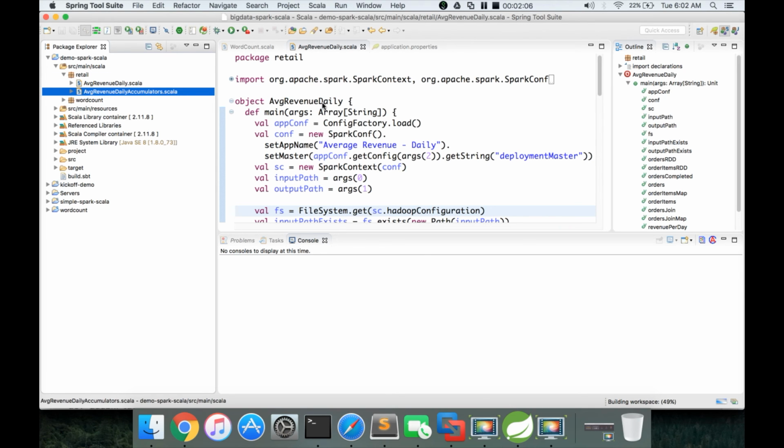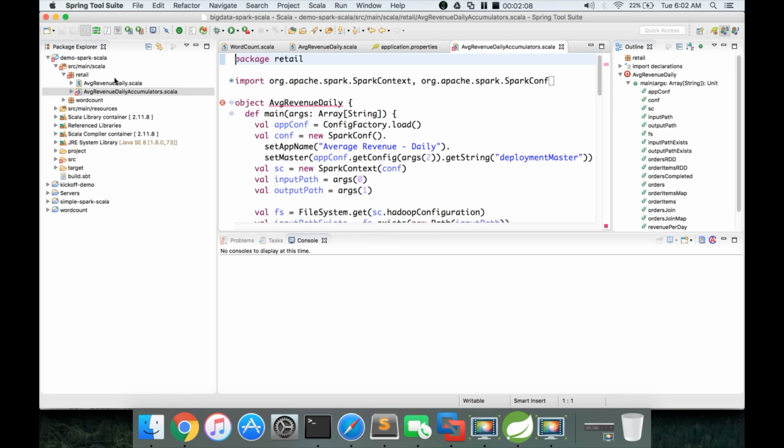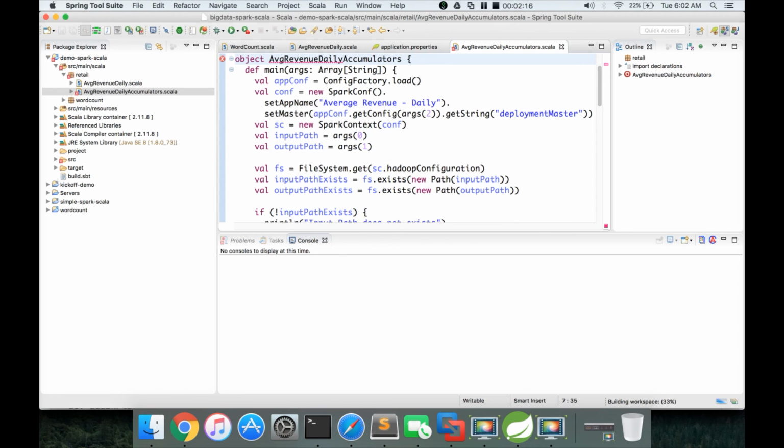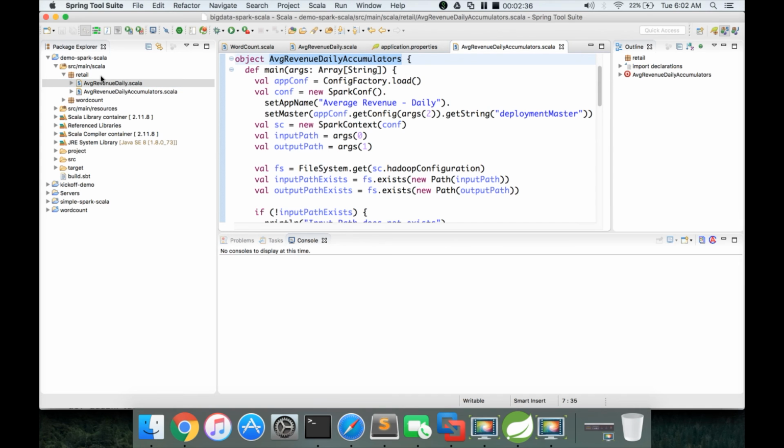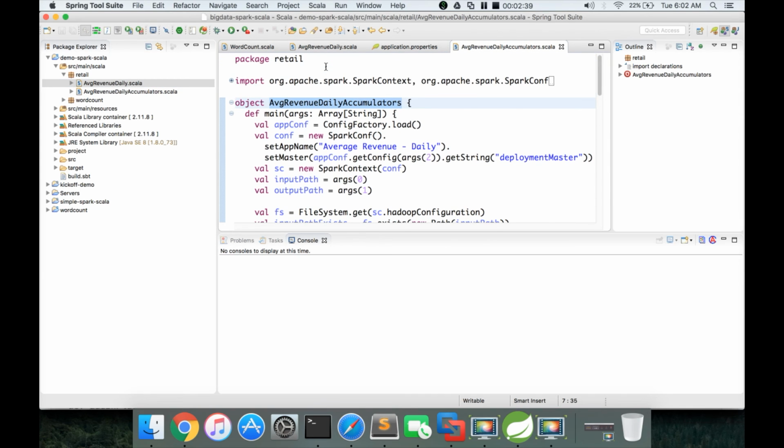Click on OK, and then the object has to be unique in the package, hence we have to rename the object name. In Scala, the name of the program and the name of the class or object which you use as part of the program need not be the same. So this name and this name can be different, but within the package, depending upon the scope, the object or class names have to be unique.